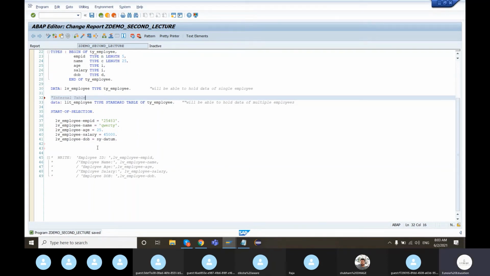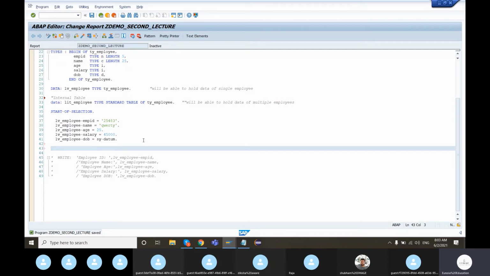It's a very important concept. It's like bread and butter for a developer. Internal table, very important concept. We need to have a clear understanding of what an internal table is and how to manipulate an internal table. Okay? So the next thing is to fill some records or some data